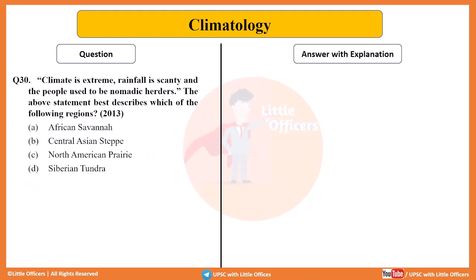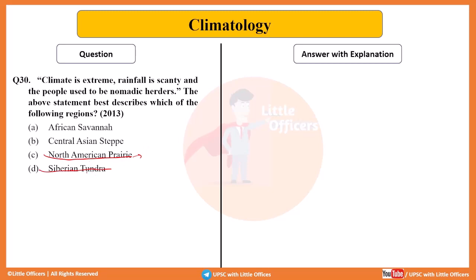Next, climate is extreme, rainfall is scanty, and the people used to be nomadic herders. Nomadic herders means we can remove the American prairies, because here extensive and mechanized agriculture is done. So nomadic herders are less now. Then the Siberian tundra can also be removed. Though it is extreme, and rainfall is scanty,